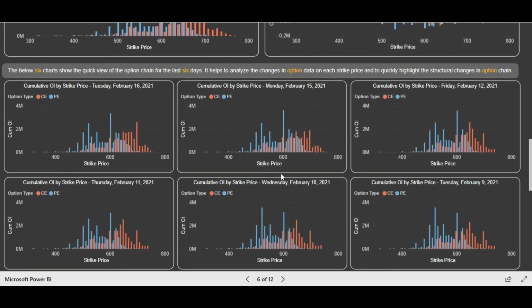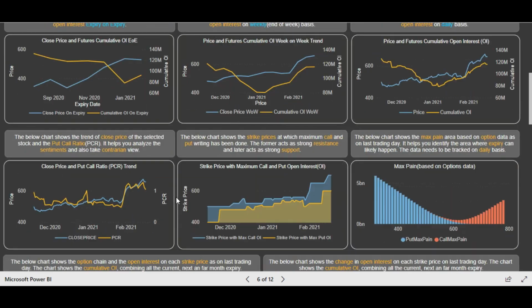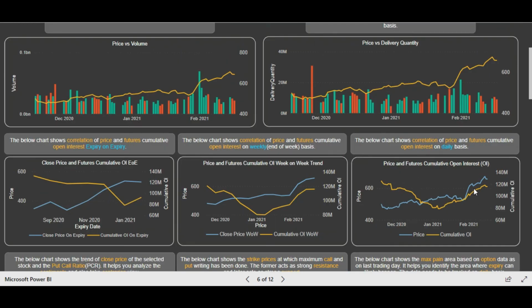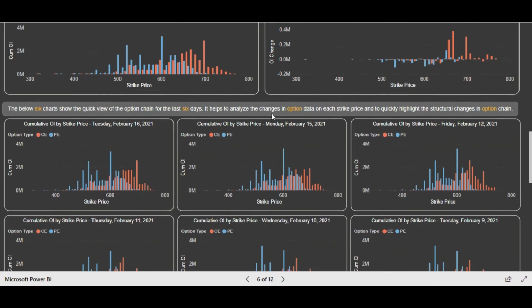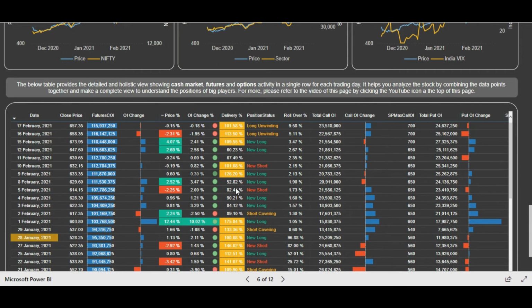So I wanted to show you this scenario because we have seen one bullish scenario, and this is after a strong rally, the consolidation going on. But you already see that from 9th of February, in the past few days, long buildup was going on. So the stock rallied after that also, and we are seeing that more put writing is going on in the option chain. If we go at the bottom, you see here that long positions were getting added from the past few days, and then long unwinding. So from the past 2 days profit booking happened.